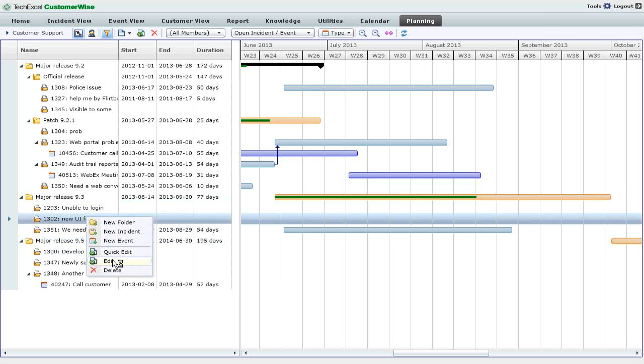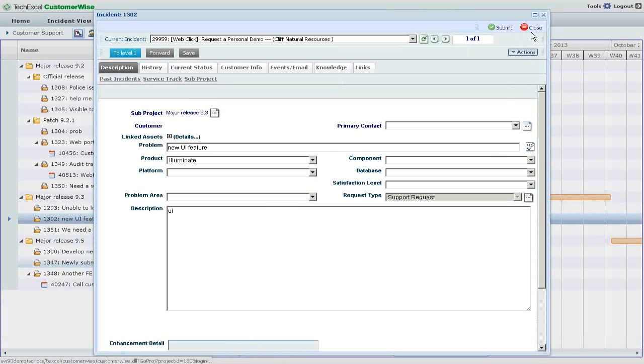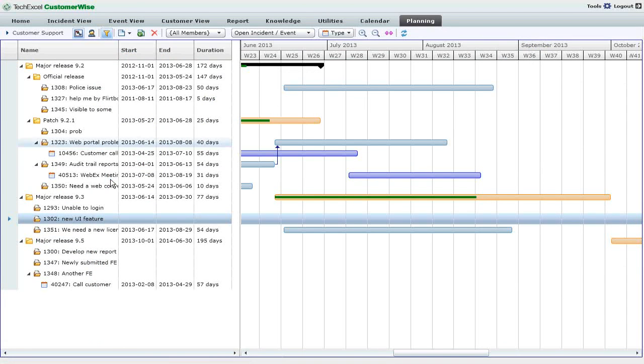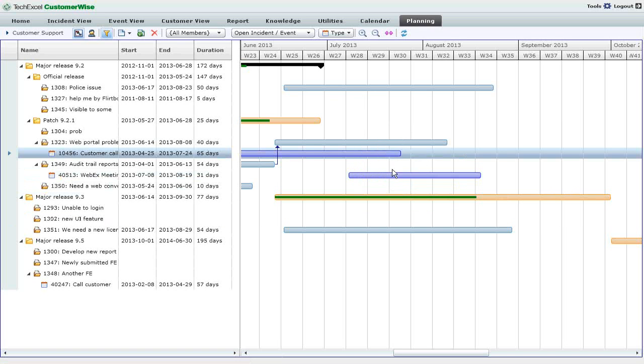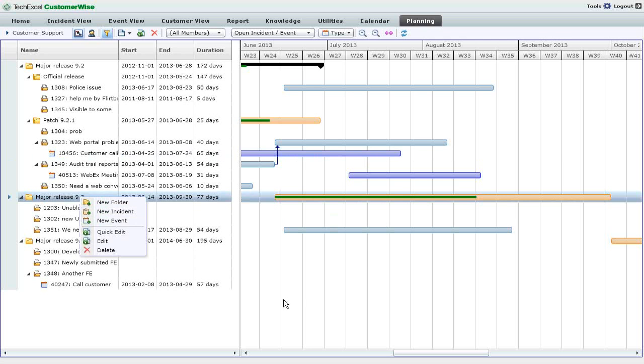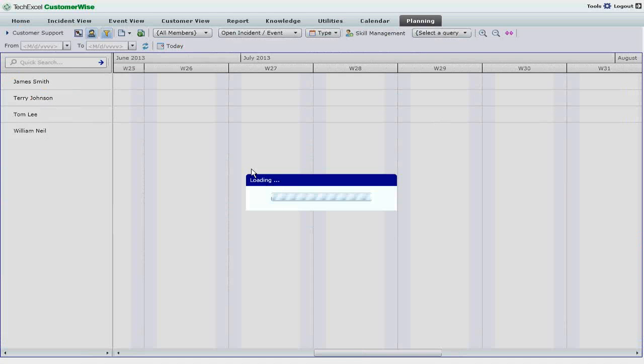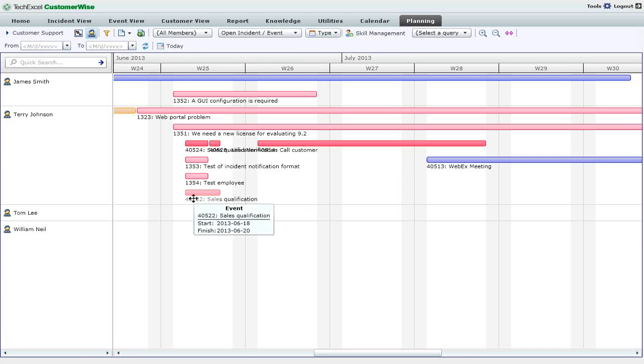Okay, so you can basically edit your tickets directly. You can do the same thing for the events. You can adjust the planned start time and end time of your tickets and events, and you can create new tickets and events here. The second view of the planning view basically shows all your active team members and their workload. We also have the option to display this kind of urgency color, so you know these tickets and events are